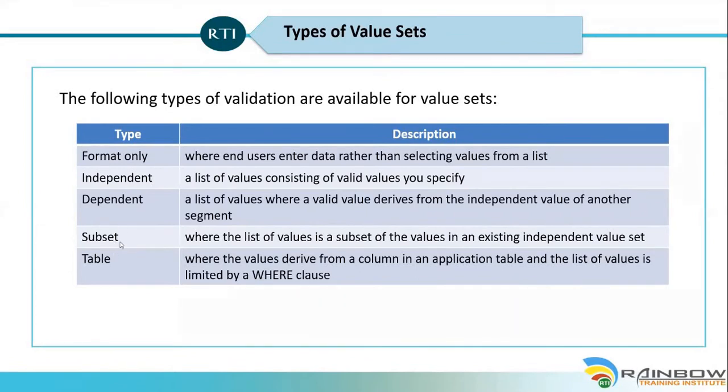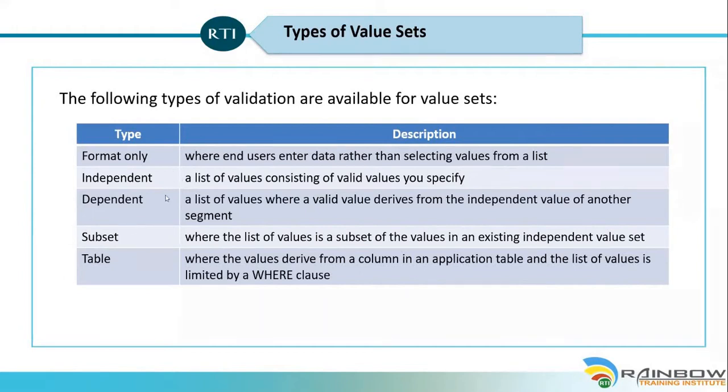And you've got another value set type called subset. This is like you will pick up a few of the entries you have in an independent value set and create a subset. As you can make out from the name itself, it is nothing but a subset of values you have in the independent value set. So if you have 10 departments, say for example, you have a department value set wherein there are 10 departments, and you create a subset value set, and in that subset value set, you include a few of them.